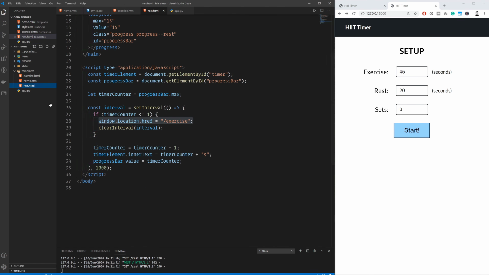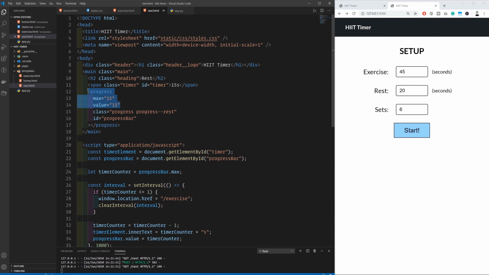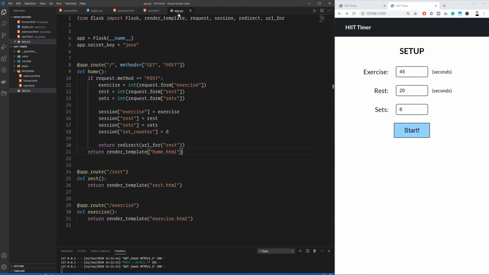We've got rest.html, and you can see that in here we've got some hard-coded values for the progress bar and the initial timer. So we want to make these dynamic based on the data that we've got from the user earlier on. What we can do is make use of render_template. Render template actually doesn't refer to rendering HTML. It is the browser that renders HTML code. You send it HTML code and the browser will understand it and display the text and the borders and colors and so forth. So Flask is not rendering HTML. What Flask is going to do is render some other code